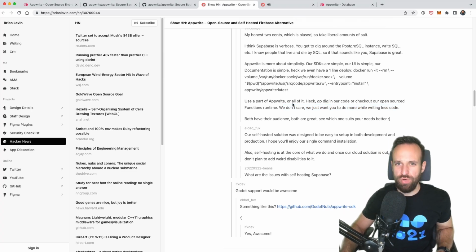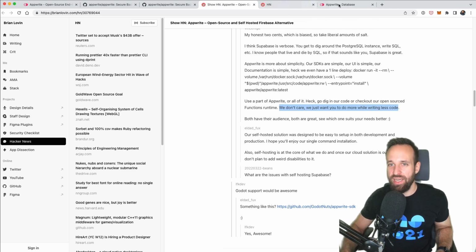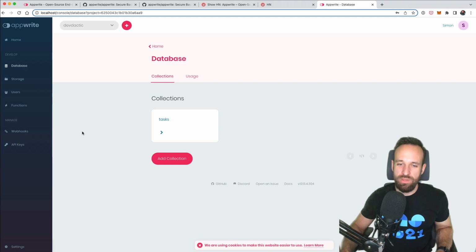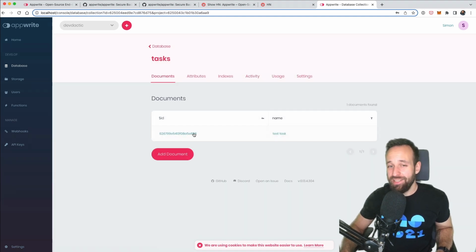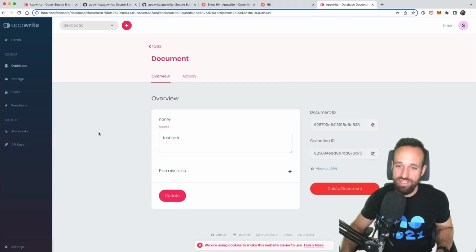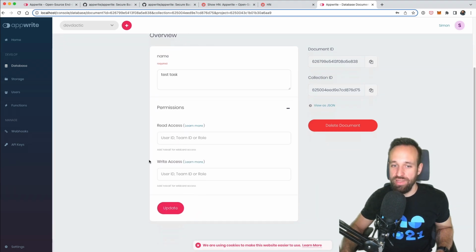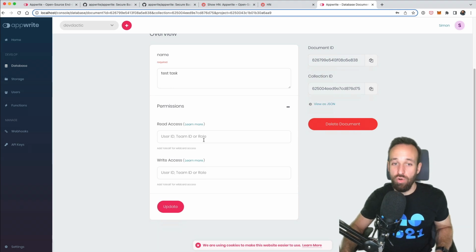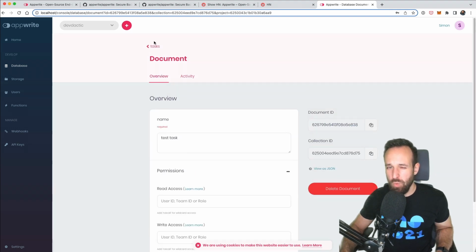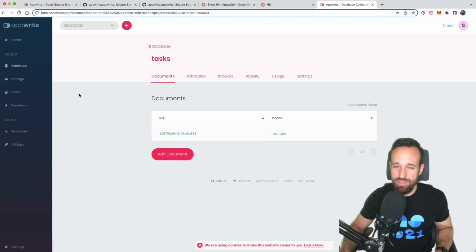And I found this pretty much to be true. I think they're abstracting away a bit of the other things that you can do that we've seen in Supabase, and Appwrite just tries to make this a bit easier. I don't know exactly how well the security works. So you can set permissions, read access, write access, either for a whole collection, like a table in SQL, or for a specific document based on user ID, team ID, or role. Well, I don't know if this also works like the Supabase rules, which you can just define up front, or if you just really need to set this on every call.